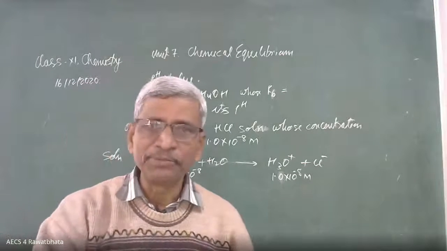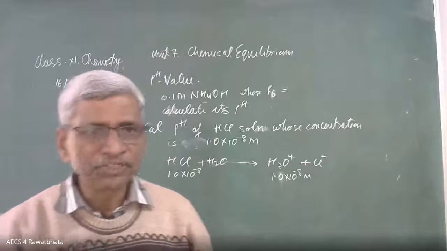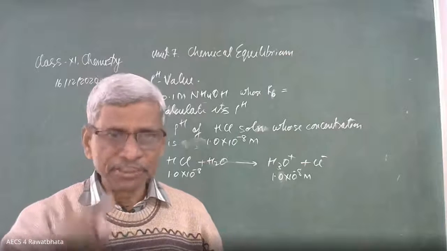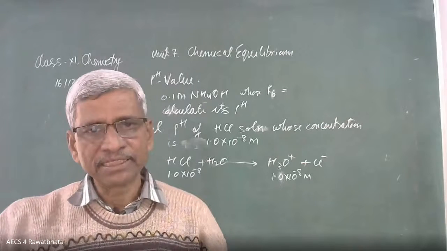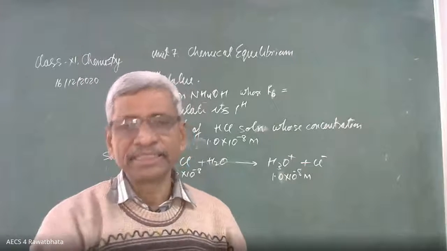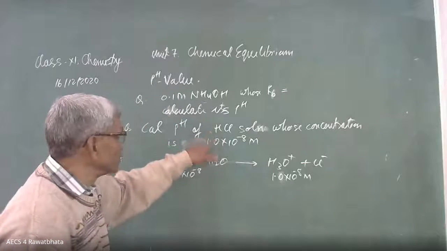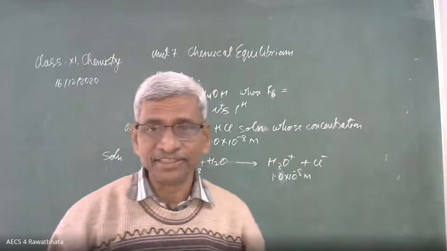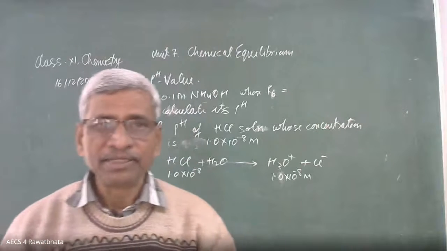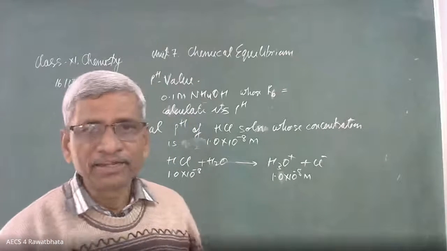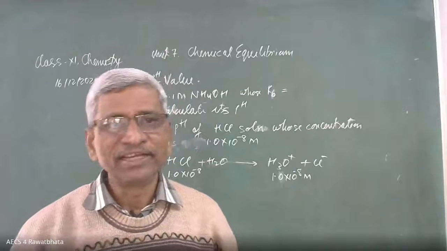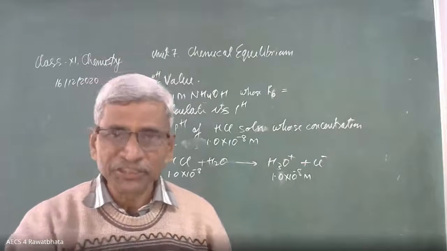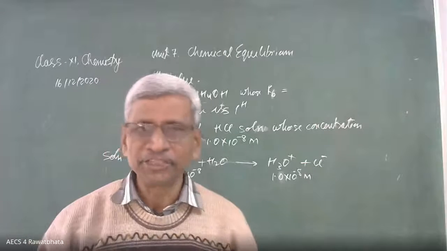And if a solution has pH 8, what is the nature of the solution? Acidic or basic? It will be basic. 7 is neutral, beyond 7 basic, and below 7 acidic. It means this HCl solution should be basic. Is it correct? It is not correct. HCl is an acid, its pH should be less than 7, but here it comes out more than 7, which shows a basic solution, but that is not correct. This is the trick of this question. That's why it is called a tricky question.